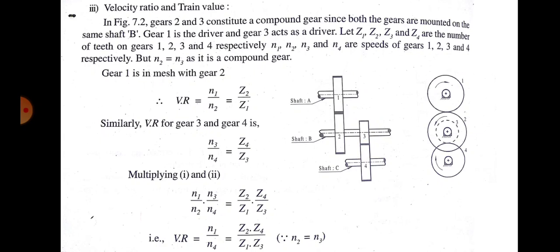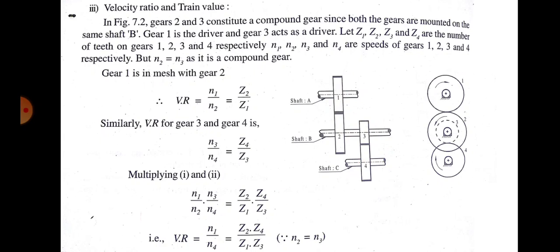Because you can see in the second shaft, gear 1 is connected to gear 2, but the same shaft has gear 3 and 3 is connected to 4. So if you see the sketch here, 1 is connected to 2, but 2 and 3 are not connected, but they are in the same shaft. 3 is actually connected to 4. Alright, 1 and 2 are connected, then 3 and 4 are connected. Now we have to find the velocity ratio n1 by n4. In such a case, what will be the situation, right?